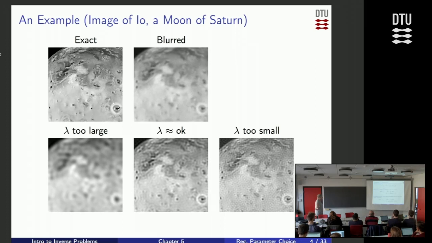So there are at least two different kinds of errors that we can look at, and we have to understand both of them and understand the difference here. Again, on top here, we just have the problem formulation, the Tikhonov problem